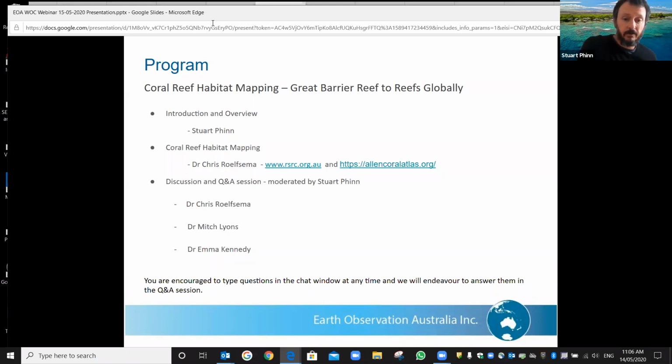So Dr. Chris Roelfsema, Dr. Mitch Lyons and Dr. Emma Kennedy will be presenting on that today. I'm fortunate enough to be involved with the team as well, but I'll be doing more questions and directing things today, and I'll let Chris and Mitch and Emma do the hard work. So you can see the outline there. I'm just going to finish the introduction by introducing the people who will be presenting or talking today, and then I'm going to hand it over to Chris to present. So just to begin with,